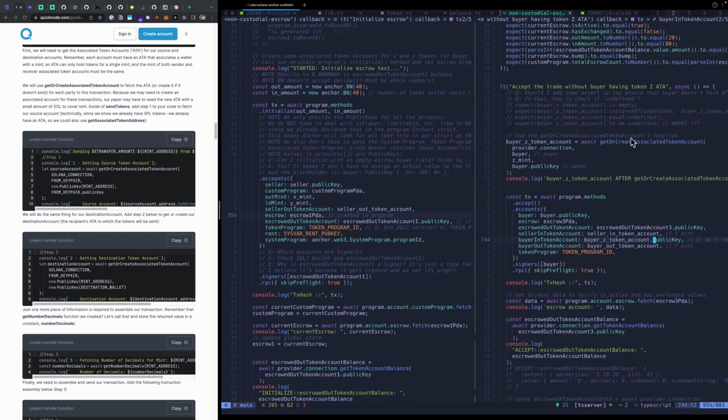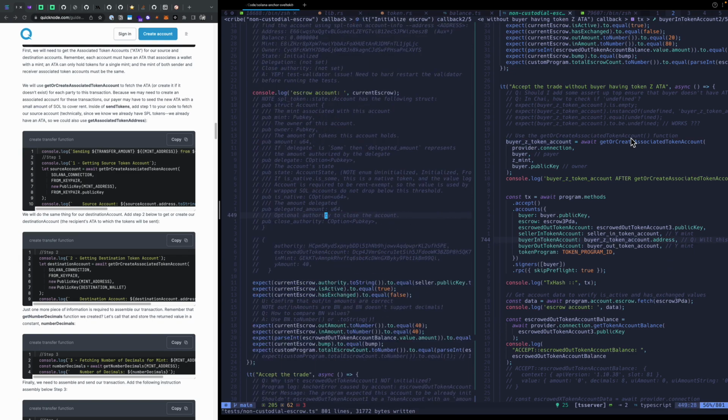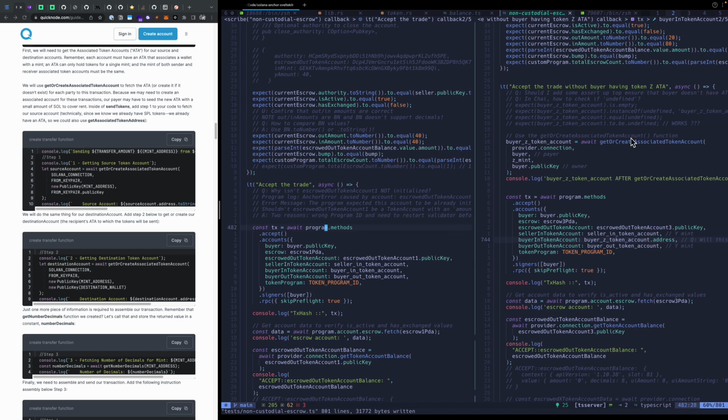I'm wondering, but I'm not passing that in any other one. Like when I do my first accept trade, seller and buyer in, I'm not passing any sort of dot address. So I'm a little confused as to why